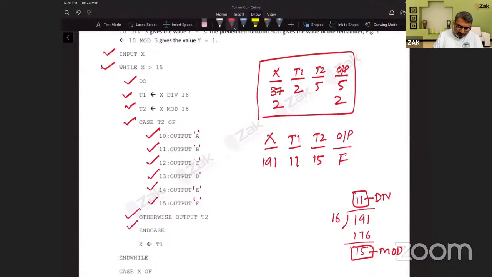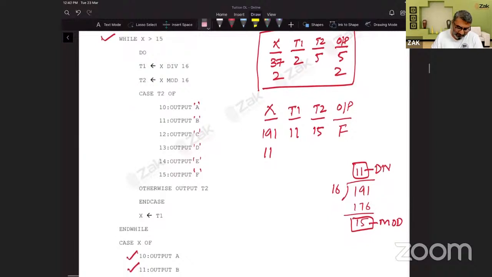Otherwise, no. End case, no. X is equal to T1. Now X is becoming 11. All right. X has now become 11. And while sends it back to while. Okay, X is greater than 15? No, it is 11 now. So we get out. We get out to